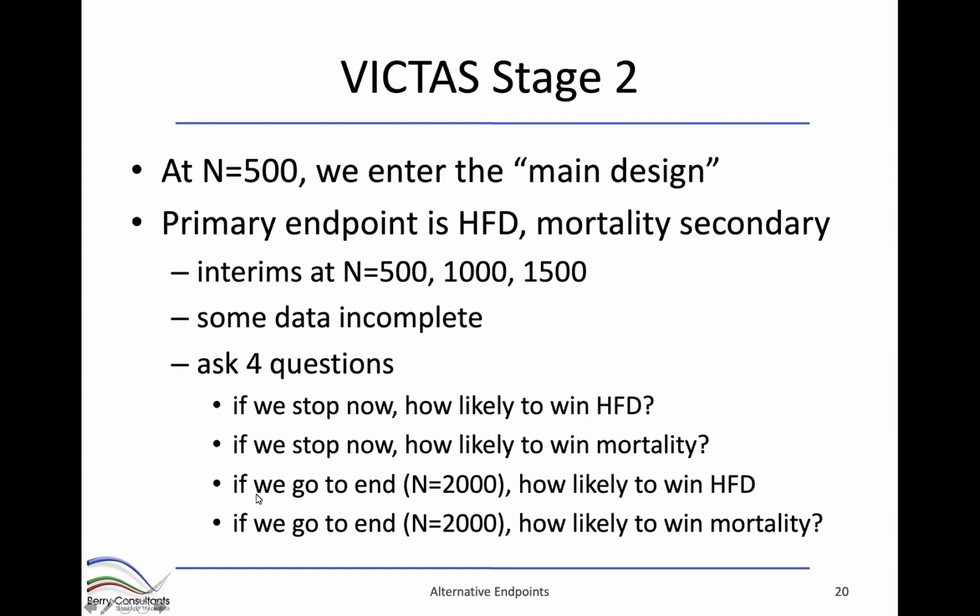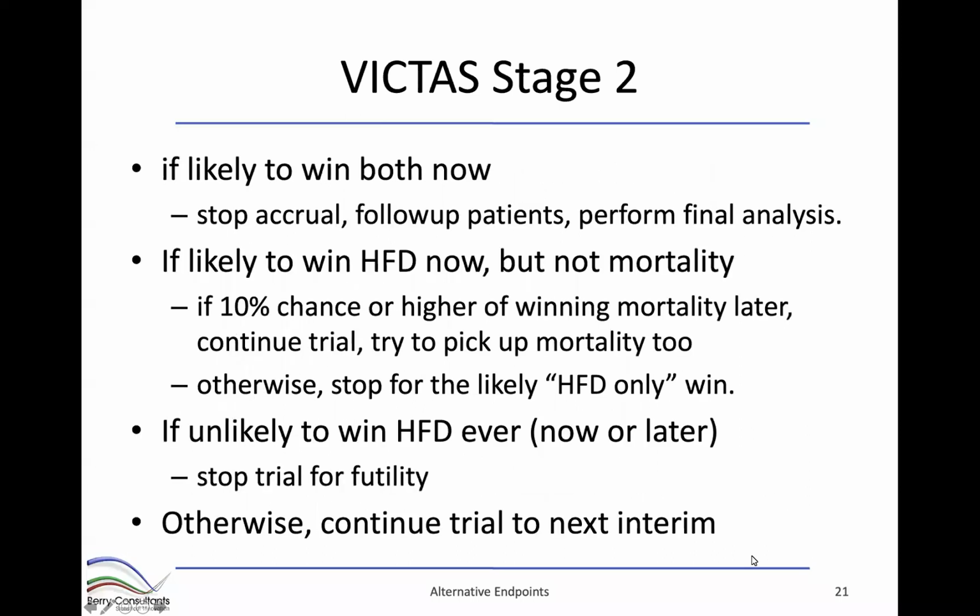We also asked the question, if we go to the end of the trial, which was at n = 2,000, how likely are we to win each of these 2 endpoints? So can we win them now? Can we win them later? And so VICTAS made decisions. If it was likely that we would win both endpoints now, obviously that's a happy situation. You're going to win pressor and ventilator free days. You're going to win on mortality. You're going to get the nice interpretable mortality endpoint. Everything's good. So clearly we would stop accrual, follow up the patients, perform the final analysis, and we're likely to